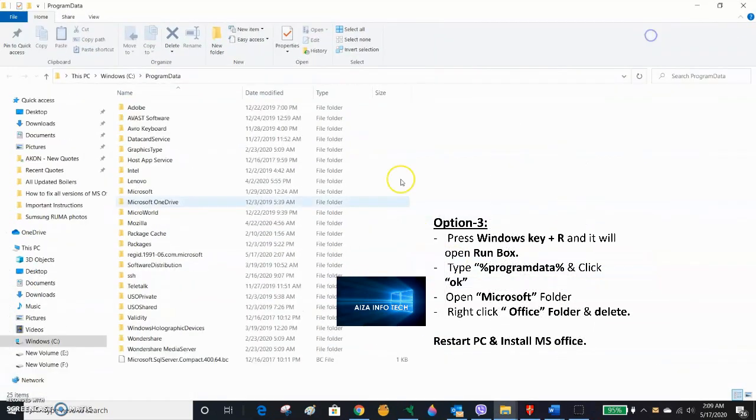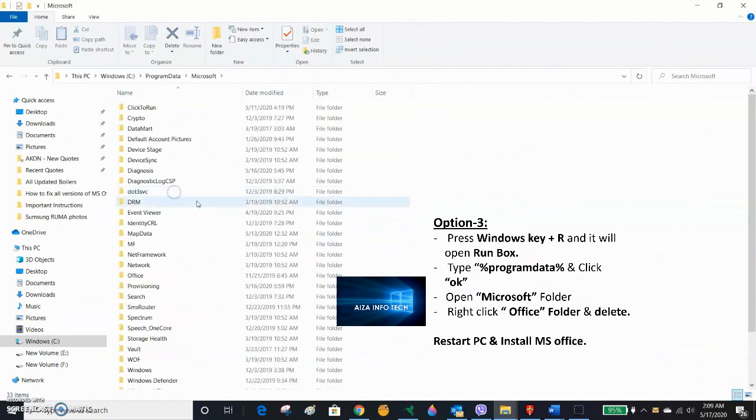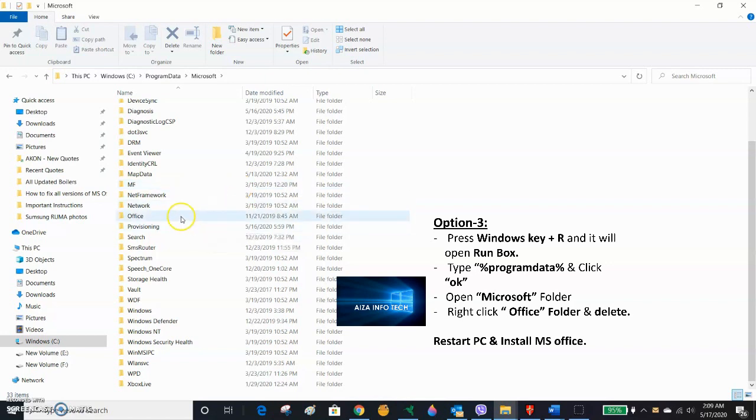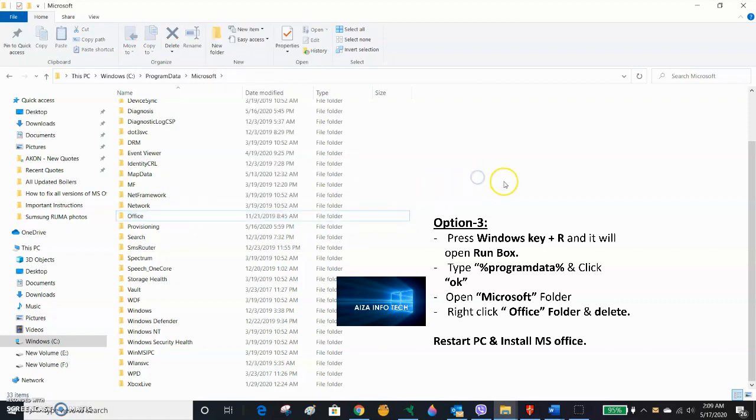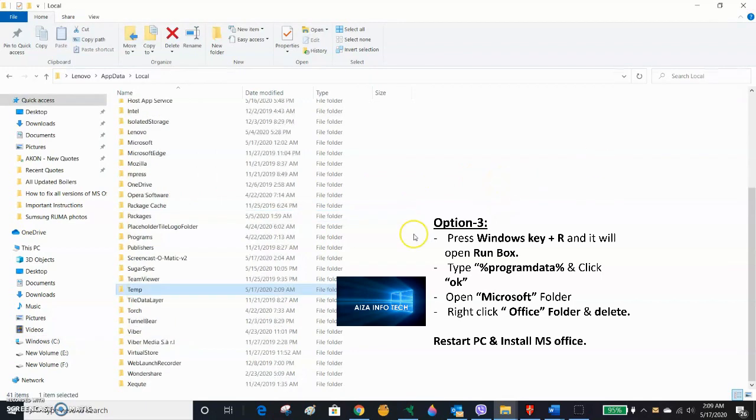You will go to this ProgramData folder, then go to Microsoft, and in Microsoft you can see Office. Just right click Office and delete. This is the third option. Restart your PC and try to reinstall the version you want to install.